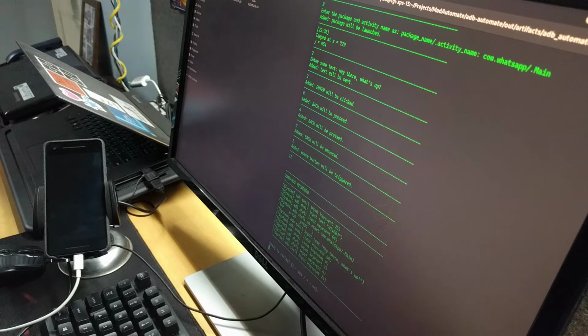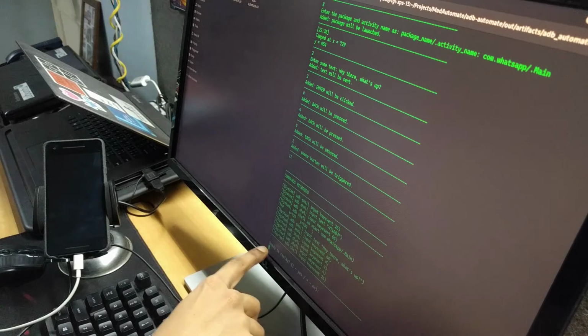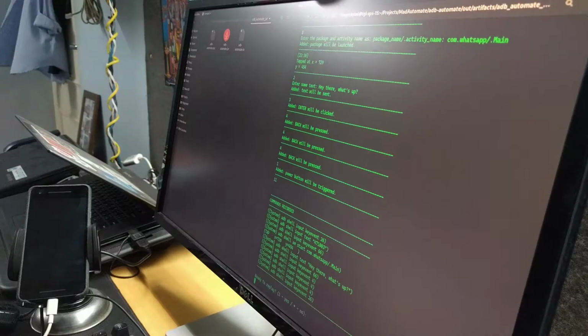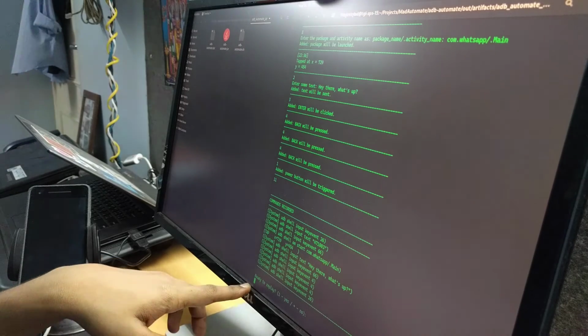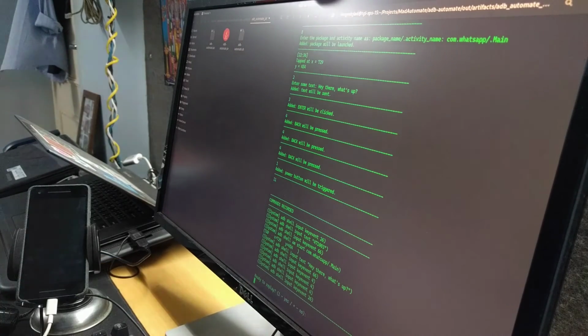It might look like gibberish to you, but it's alright, it doesn't matter. All that matters to us is this last line that says here ready to replay. Okay, that's more readable. Now you see the last line which says ready to replay. That's exactly what we're going to do. I'm going to click on yes, and you'll witness all that we did replayed actually on the phone. So let's see how it works.